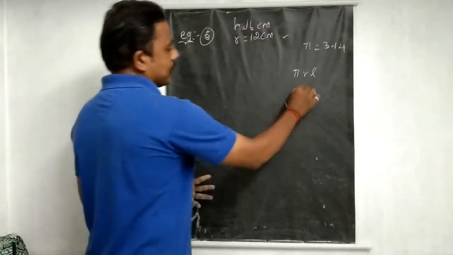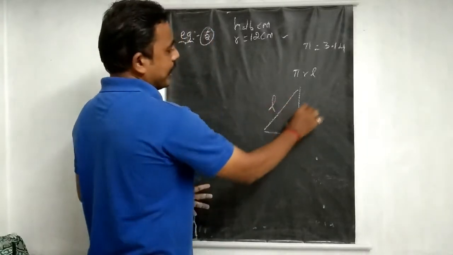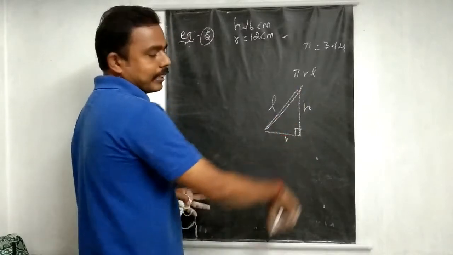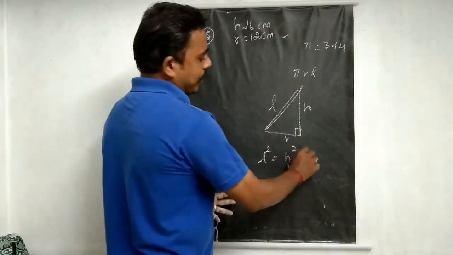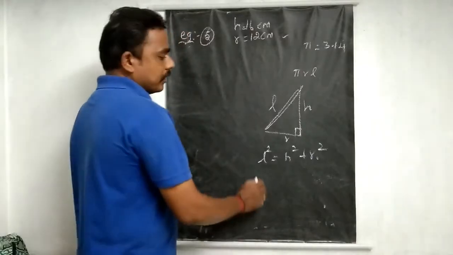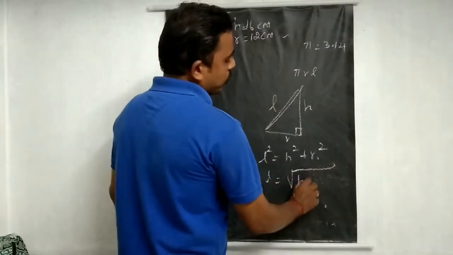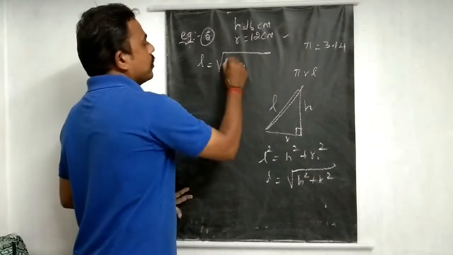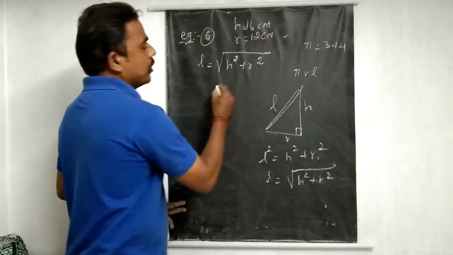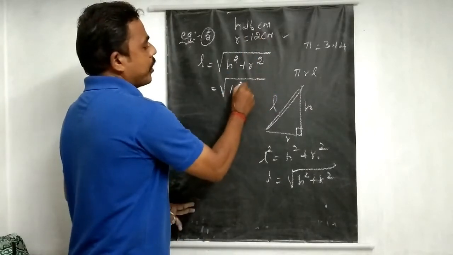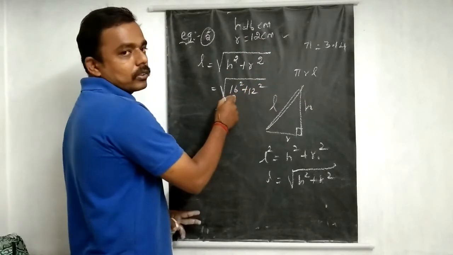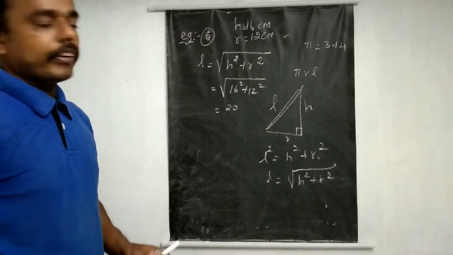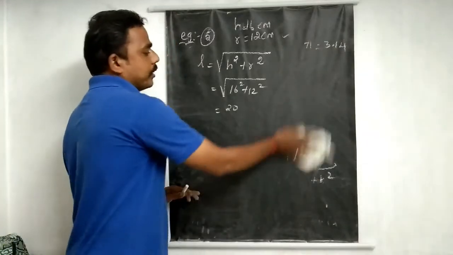So for that, it's a right angle triangle. So slant height, this side, this is your radius. So the L value we need to find by using your right angle triangle. So L squared equals h squared plus r squared. That's the right angle triangle. So L equals square root of h squared plus r squared. You can find directly. So now L equals square root of 16 squared plus 12 squared. You may get 256, 144. So finally 20. You already know the prime factorization. Using this you can find the answers. It's in the book also.